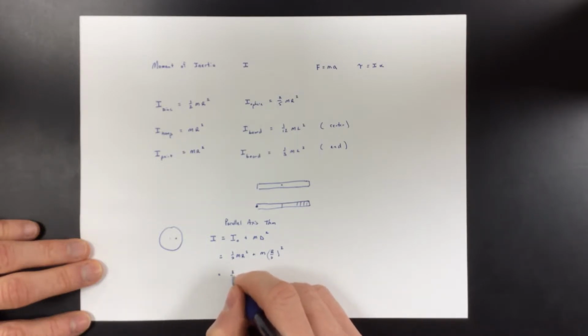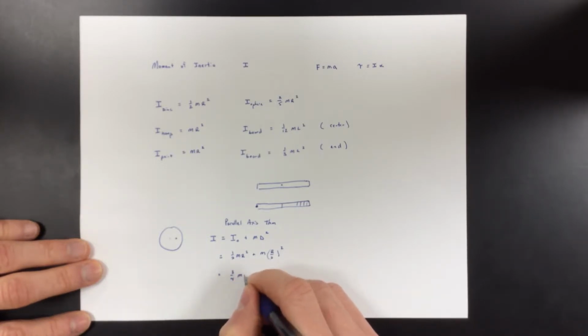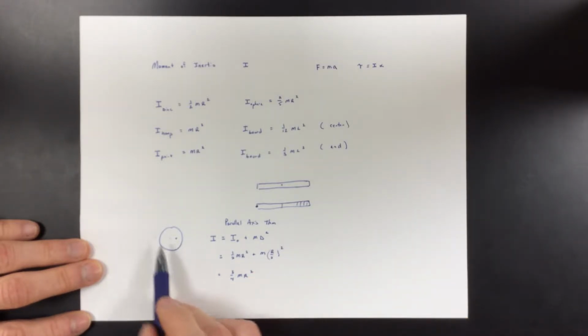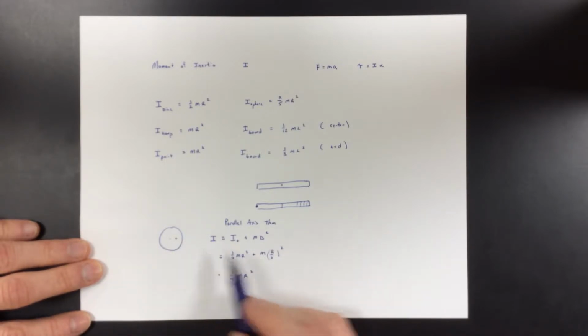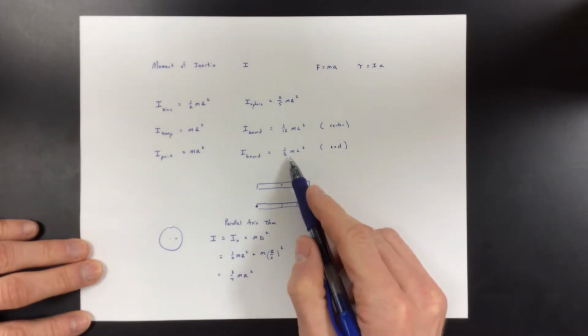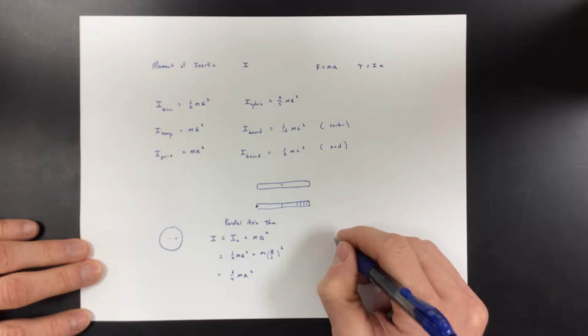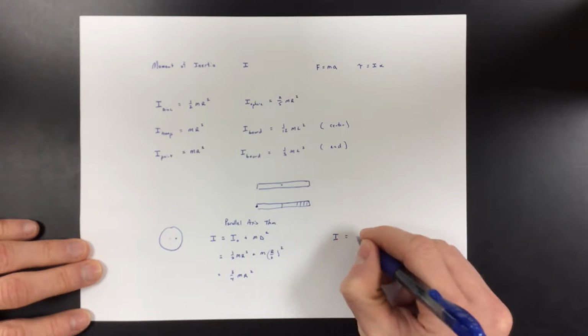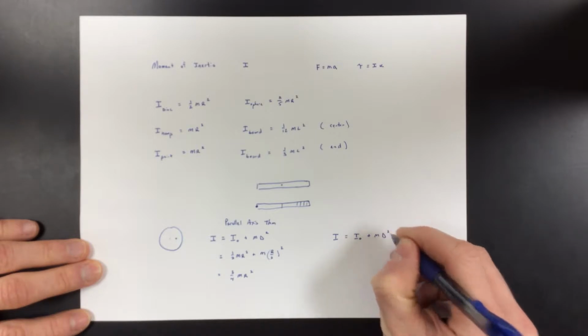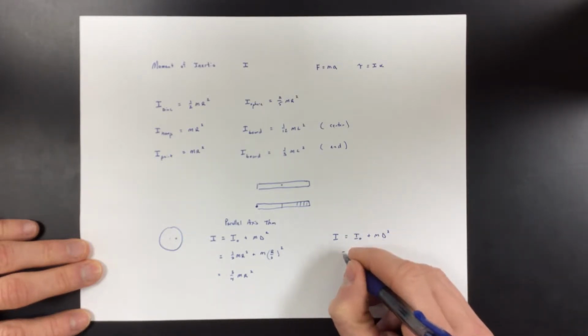I end up saying that they get 3/4 mr squared for a disk pivoted in there. Again, I can put this pivot wherever I want now, and I can use the parallel axis theorem to find this. I can actually use the parallel axis theorem to derive the 1/3 ml squared for a board. The parallel axis theorem says that this is true for a board, and if I take a board centered,